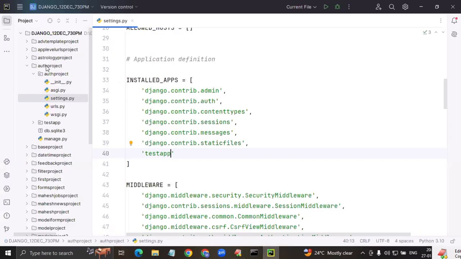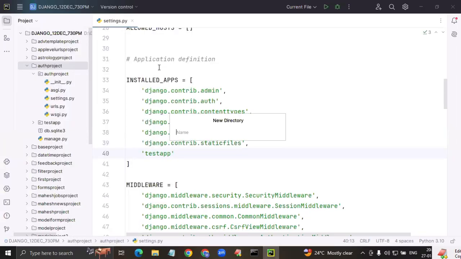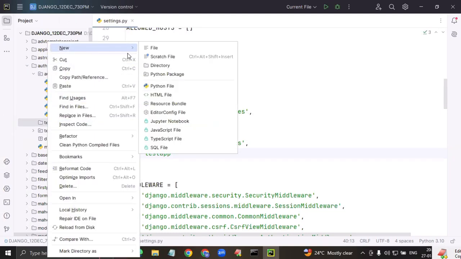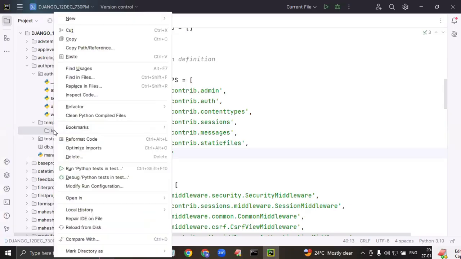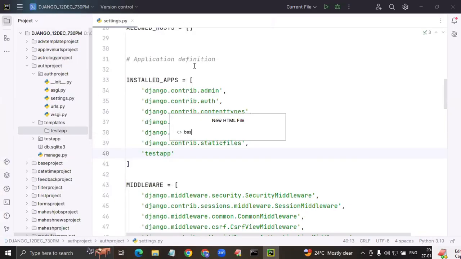Come to this. Right click, new directory. Templates, right click, new directory, test app, right click, new HTML base,